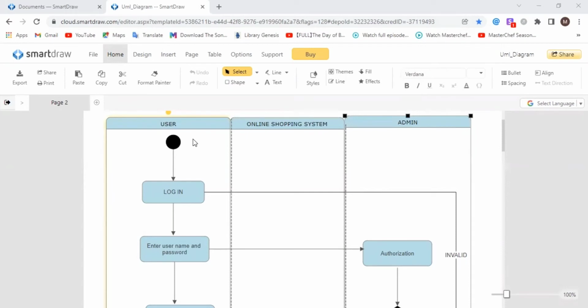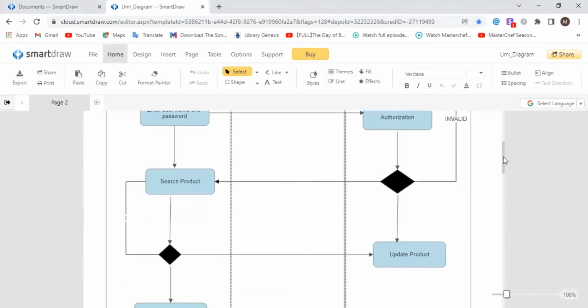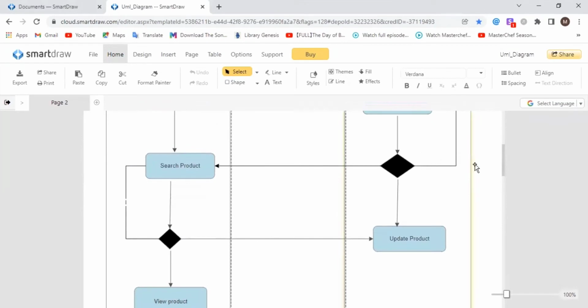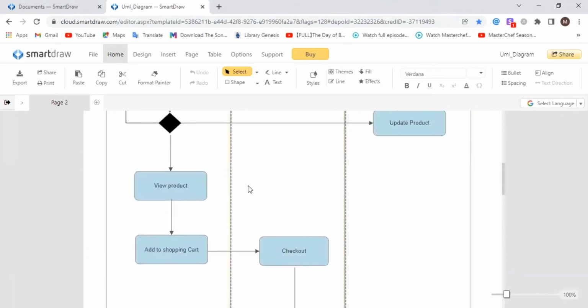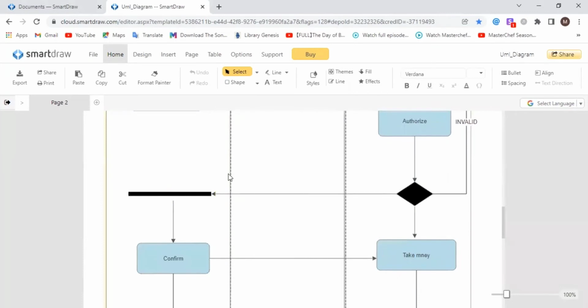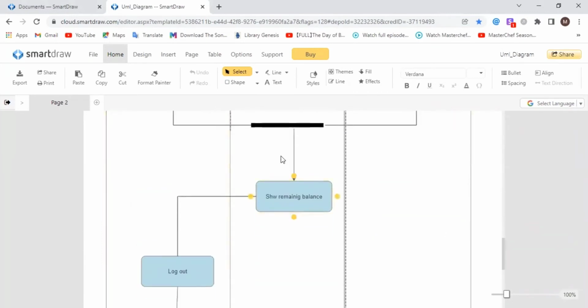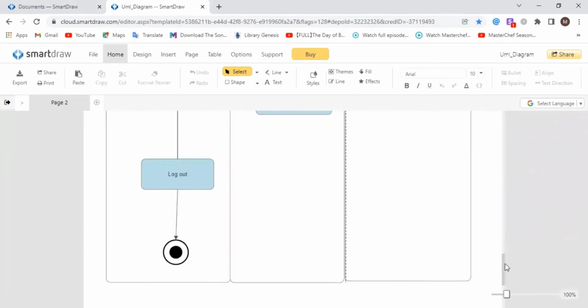In this diagram, this one is the initial state, which is also known as the starting point. This is the action or the flow. These are the action nodes from one state to another state. This is the decision node. Then we will have the fork and node. These are the swim lanes. This one is the fork. This one is the join, and the last we will have this